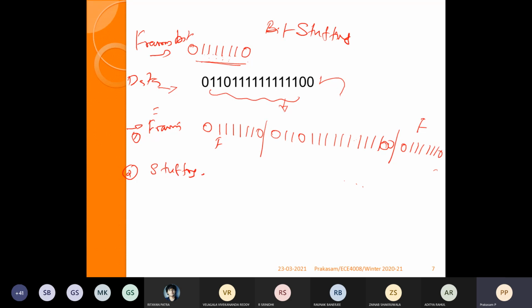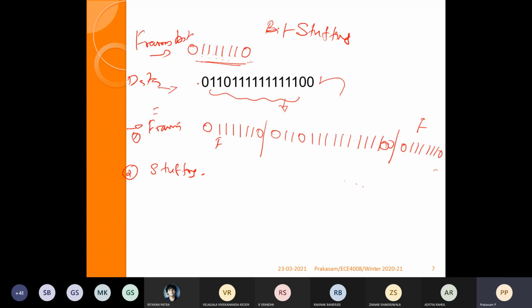In the receiver, what we have seen is that after 6 consecutive ones, if it is 0, then automatically it is identified as a framing. To avoid that, in the stuffing, after every 5 consecutive ones, we add an additional bit 0.